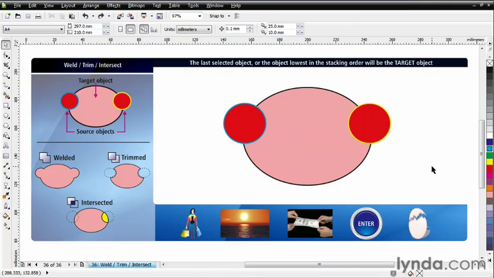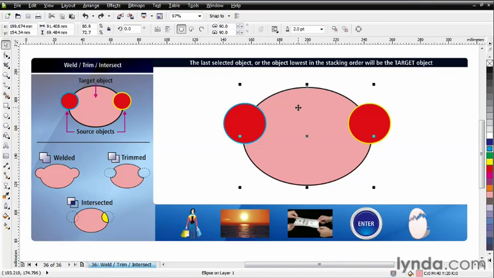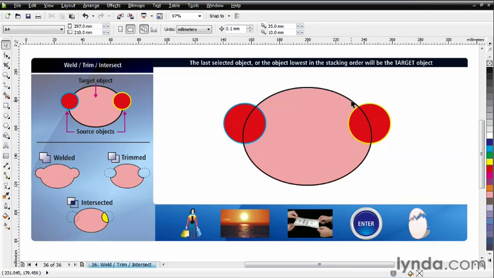So that's trimming. Let's have a quick look at Intersect. The difference is that Intersect is only interested in the point where objects cross each other. So if I were to continue that line through there, I'll create a duplicate with plus, shift page up for my duplicate, and I'll remove the fill because I want you to see the line. Where that line goes through there and the line of the source object is there, we're only interested in the